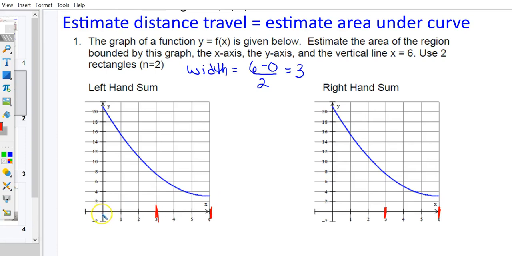So on the left, so left-hand sum, I start on the left at 0. I go up to my graph. And I'm going to draw a rectangle. There's one rectangle, so then at 3, I'm going to go up to my graph and sketch the second rectangle. On the right-hand side, right-hand sum, I'm going to start on the right and go up to my graph. And that's a very, very tiny rectangle. Oops, I missed. And then still from the right,